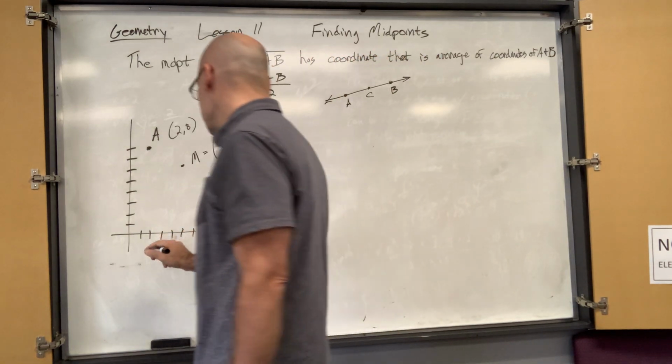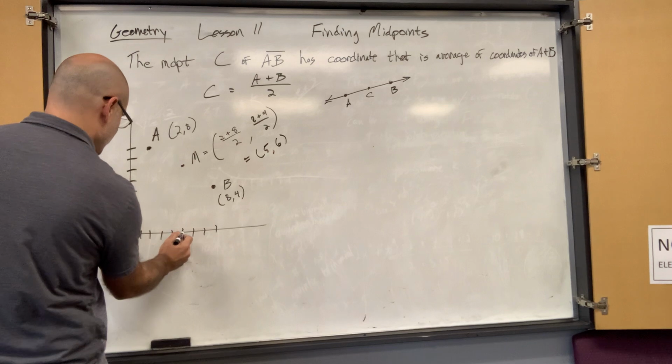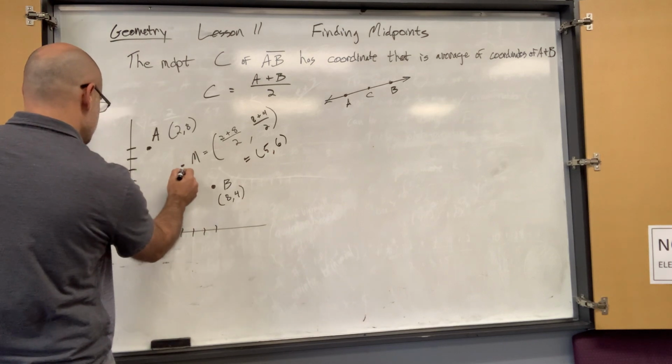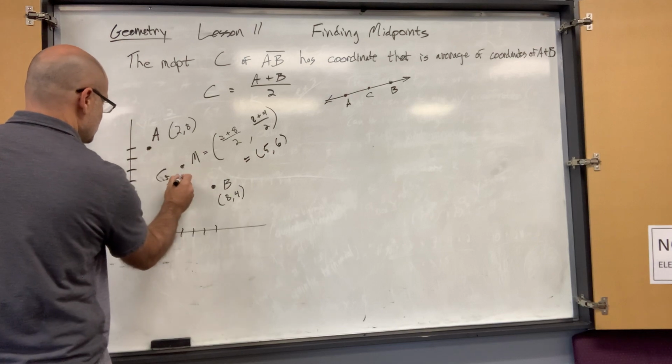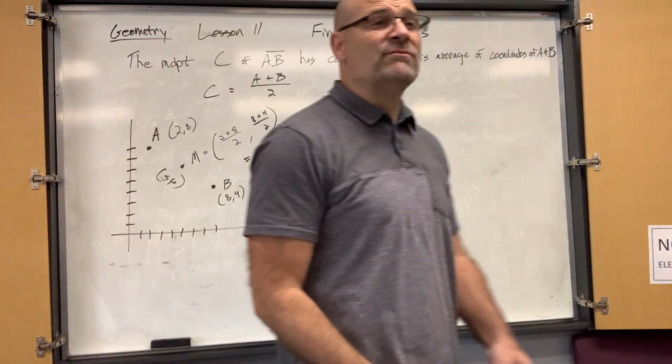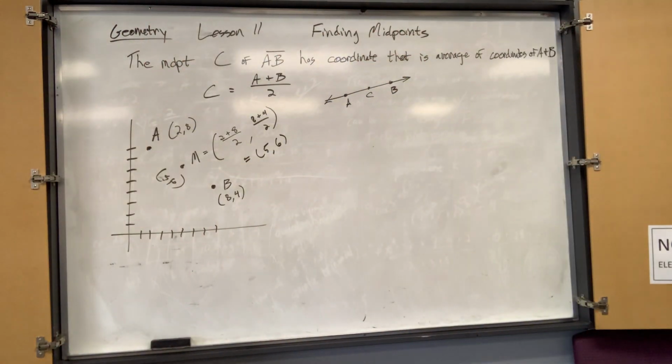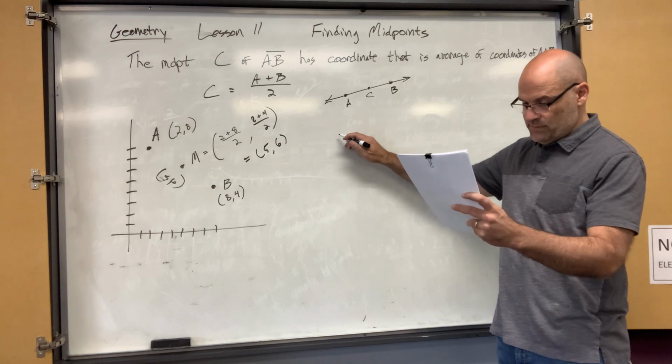So let's see where 5, 6 is. 1, 2, 3, 4, 5. 1, 2, 3, 4, 5, 6. Boom. So there's 5, 6. So basically, you're finding the average of the x's and the average of the y's. That's it. Pretty simple. So if you wanted an official theorem or official